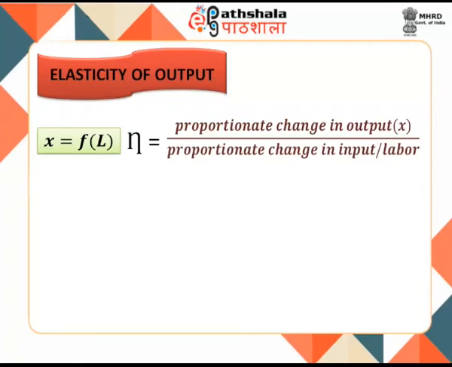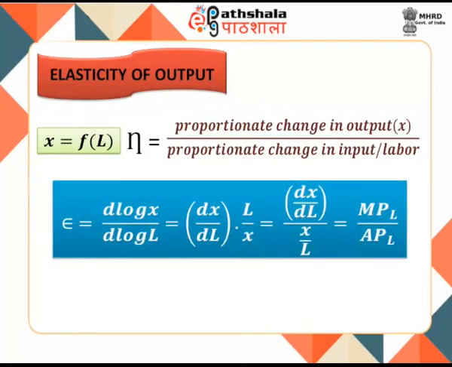Thus the elasticity of output denoted by epsilon is given by d log x/d log L = (dx/dL)·(L/x) = (dx/dL)/(x/L) = MPL